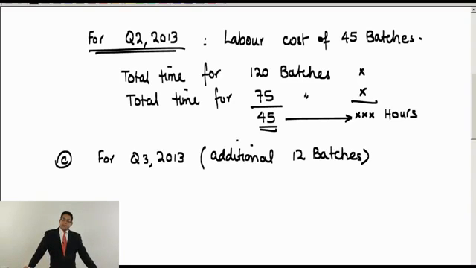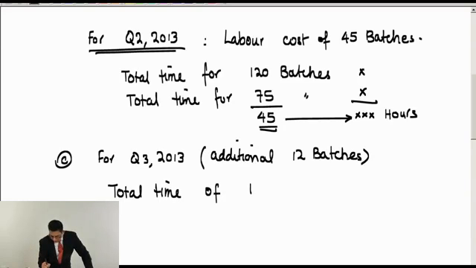But remember, just before quarter number 3, 120 batches had already been made, and then we will put another 12 batches. So can I say the labor cost or labor hours will be the difference between total time of 132 batches and total time of 120 batches,